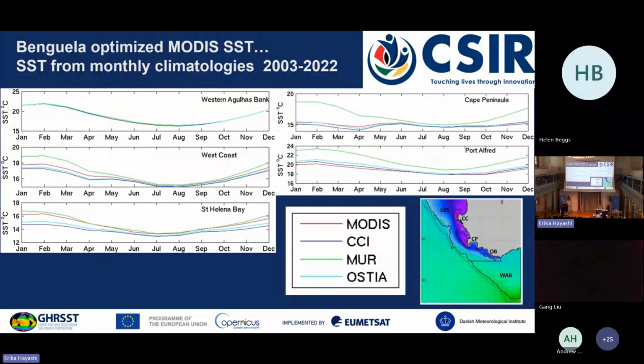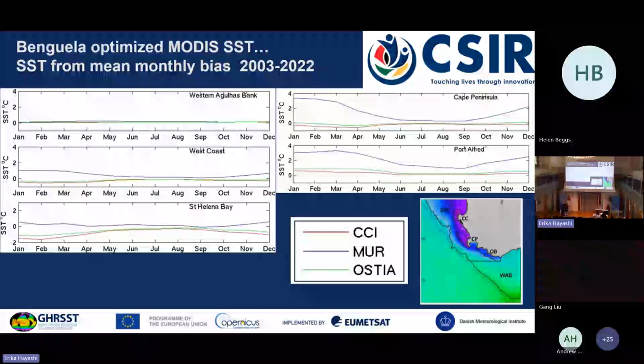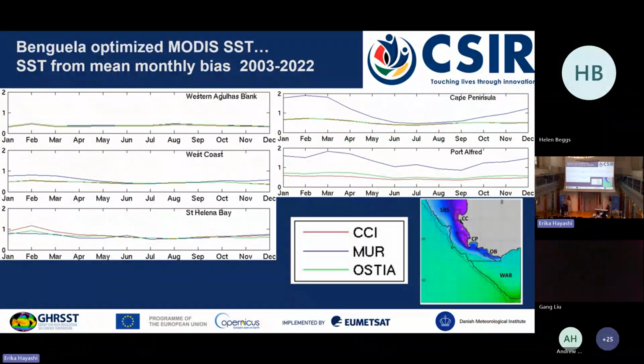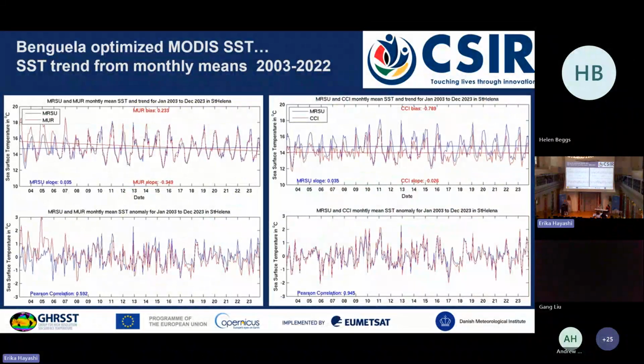So, and this is the cost function. I'm sorry, I mislabeled this. I went the wrong way with the arrows. This is the cost function. Okay, so again, showing that the variability is actually okay for the most part, Agulhas Bank, West Coast, and even in St. Helena Bay. But for the upwelling cells, it's a problem with MIR. So then looking at some long-term trends,